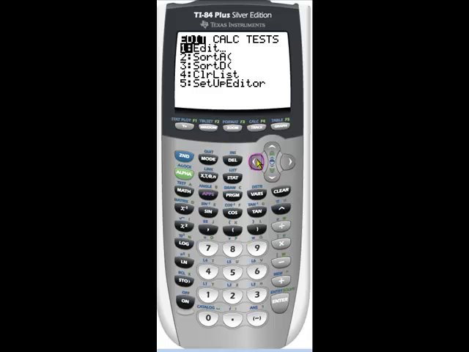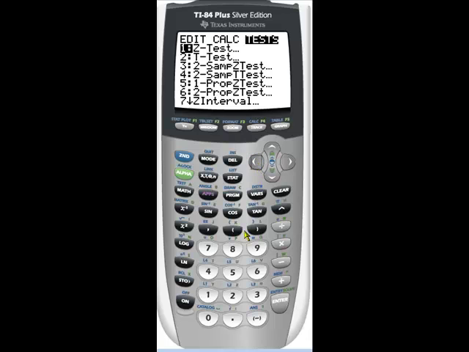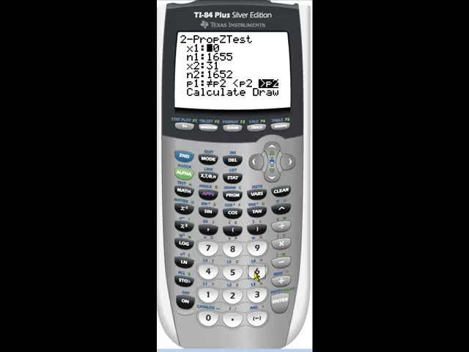and then go over to Tests. And this is a number 6, 2-prop z-test. And now I have to enter x1. And in the previous video, you saw how to find x1. So x1 is the proportion, or the x1 is the number of people who feel that high-income people pay their